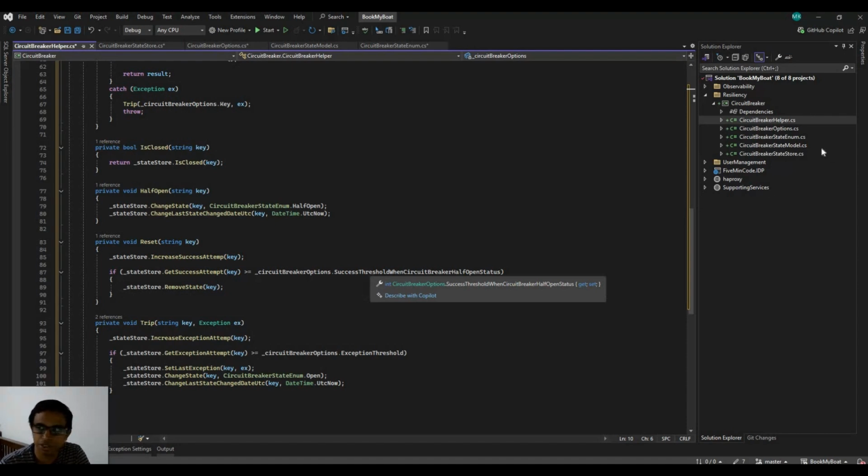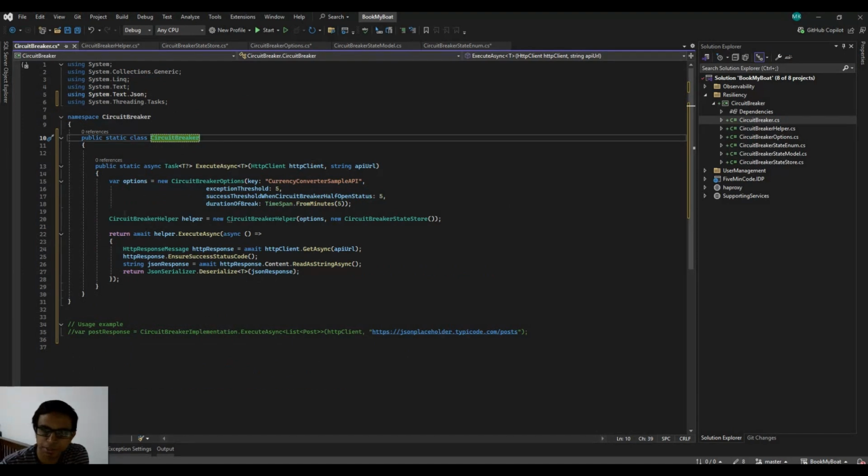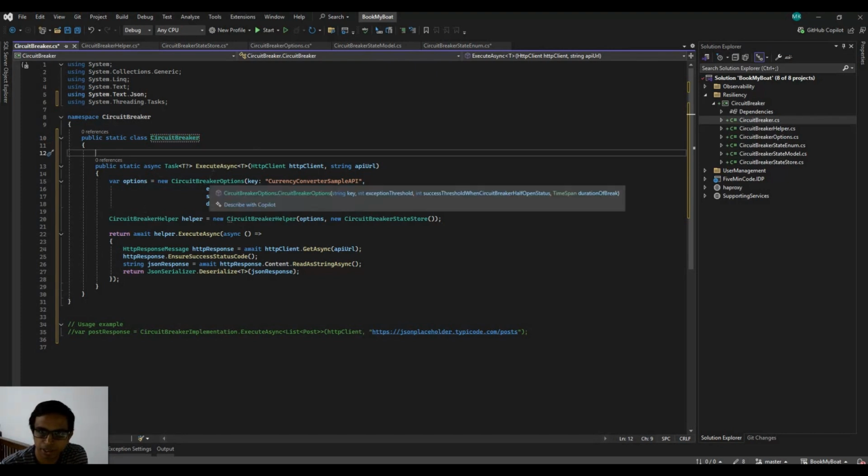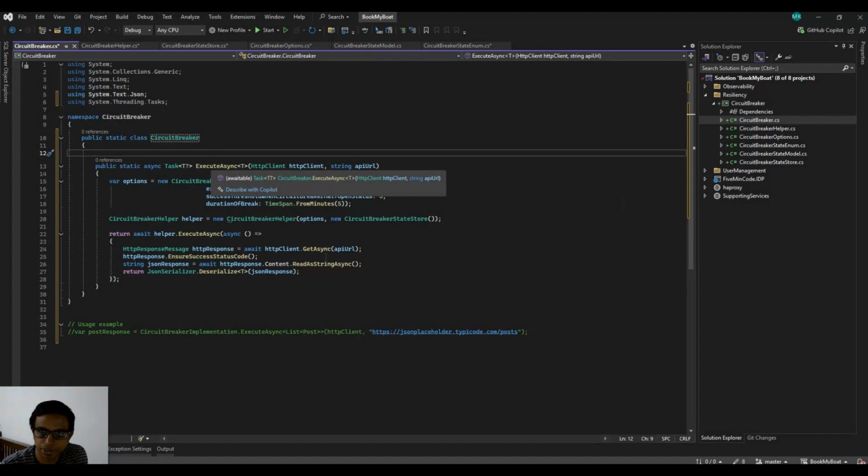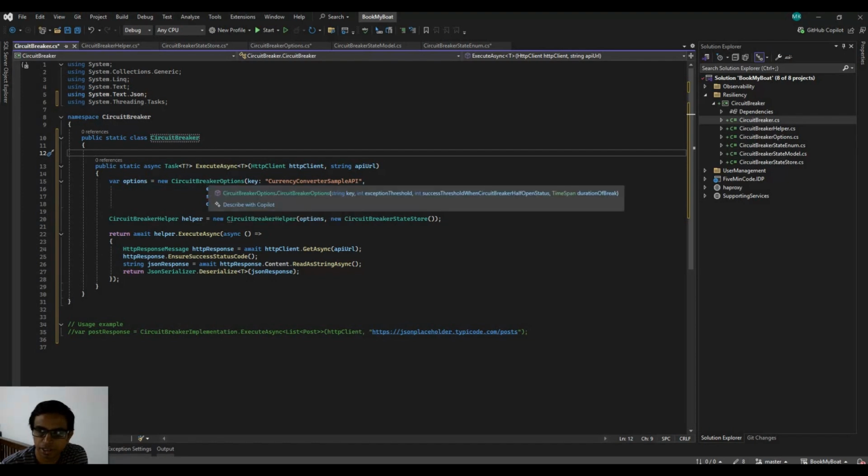Now we'll see how we can use this circuit breaker setup using the enums, models, state stores, and different options which we have configured, and then see how we can utilize that in our service. So we have written the circuit breaker class, which actually implements whatever we have configured right now. What it basically does is create a method execute async, and it passes an HTTP client and the API URL. And then it sets up the options of the circuit breaker,